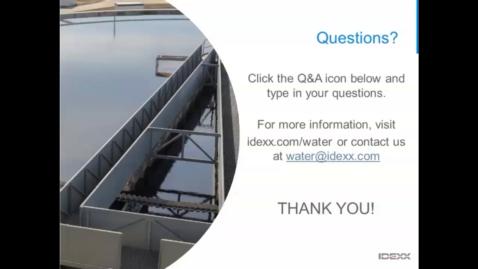Another one for you, Sean. Why are there smaller wells at the bottom of the Quanti-Tray? So for the Quanti-Tray 2000, the smaller wells basically increase the counting range. It's like a built-in dilution in the tray. So having the two different size wells increases the counting range, allowing us to have over 2,000 for a 100 ml sample. Okay.